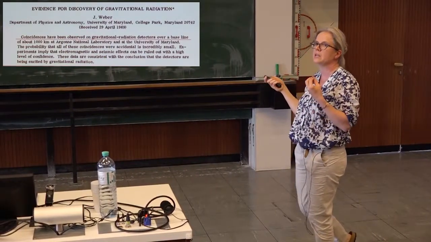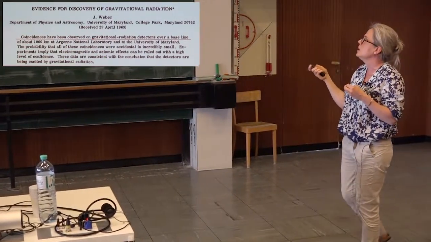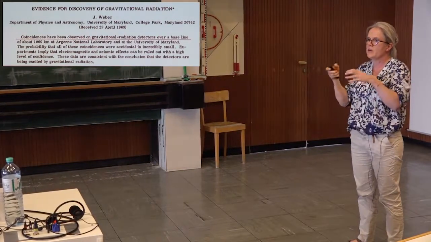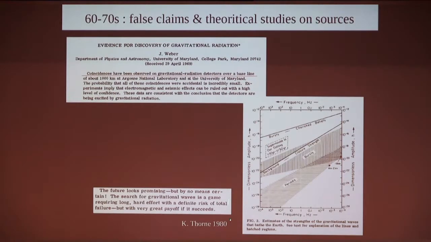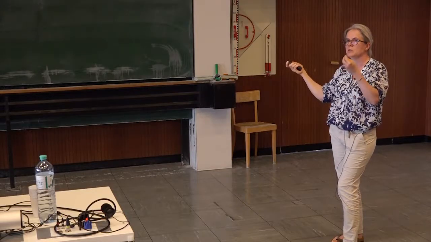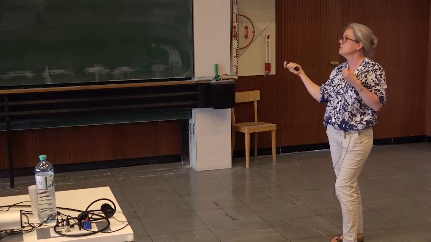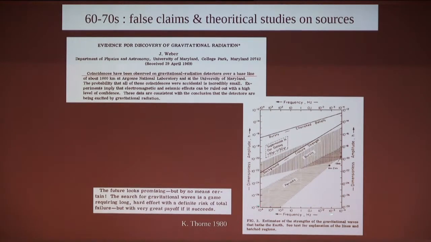People realized that the understanding of the noise of those detectors, and the environment of those detectors, is very, very important. At the same time, people were starting to publish the first papers on possible sources of gravitational waves. It came rather late, the first publication with an estimation of the amplitude of astrophysical sources that could be detectable on Earth. You see the frequency range is around the Earth.